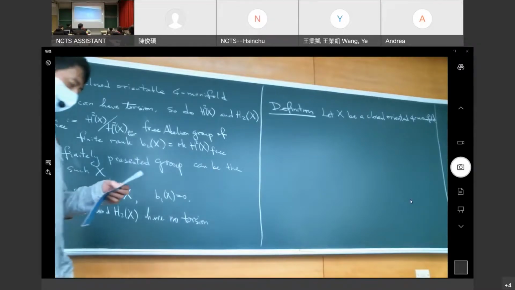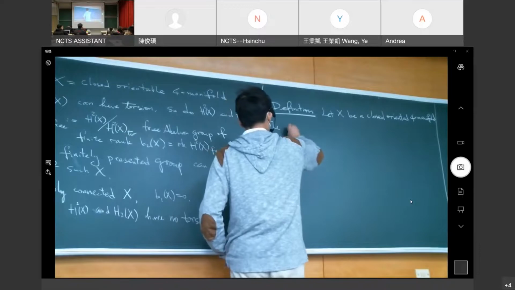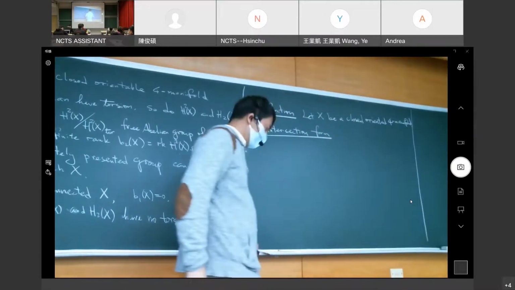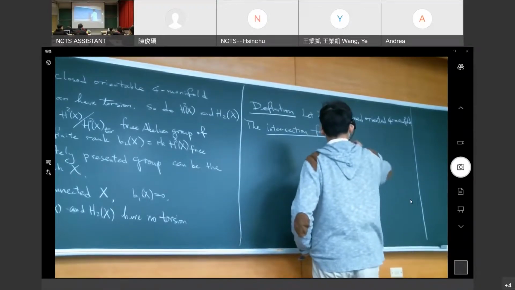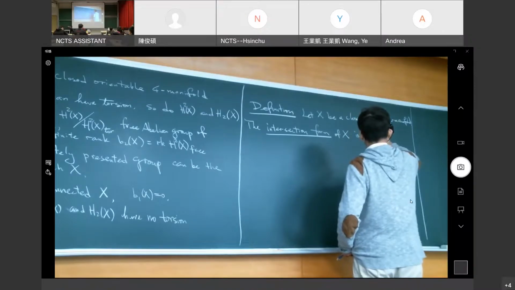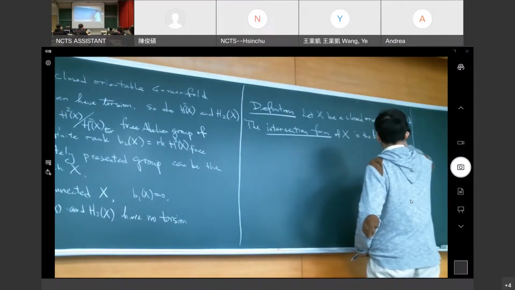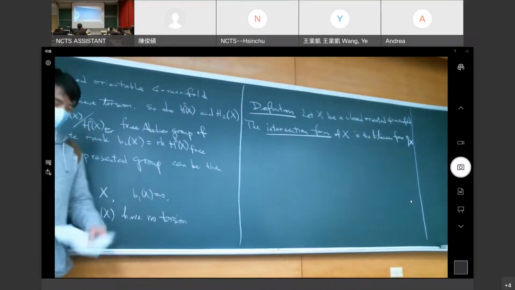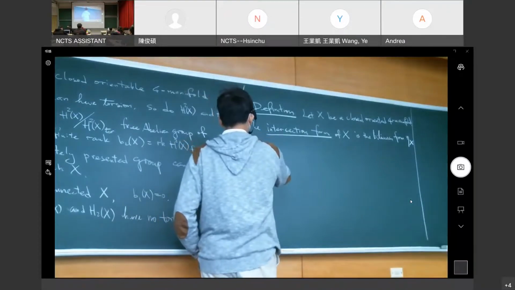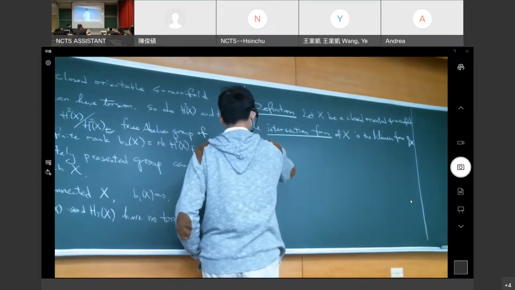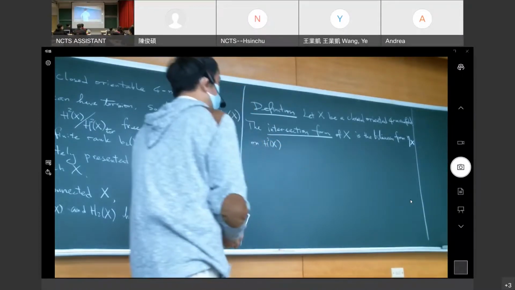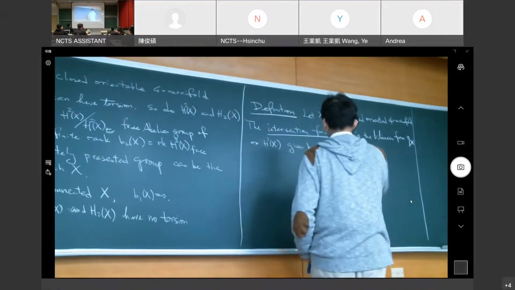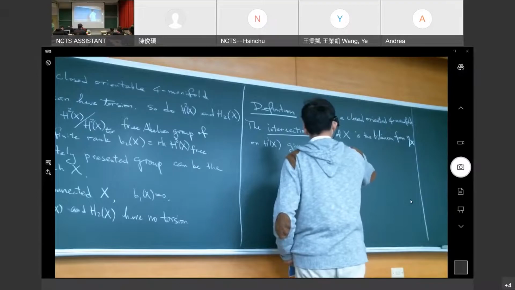Even in this generality, we can have the intersection form of the four-manifold X, which is the bilinear form, which I will always denote by eta of X. This bilinear form is defined on the second cohomology of X, and it's given by eta of X of small x and y equal to